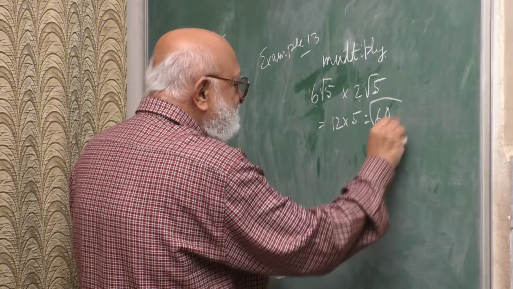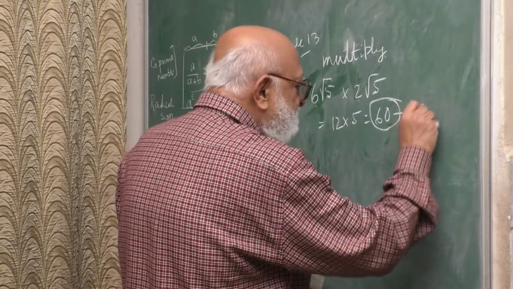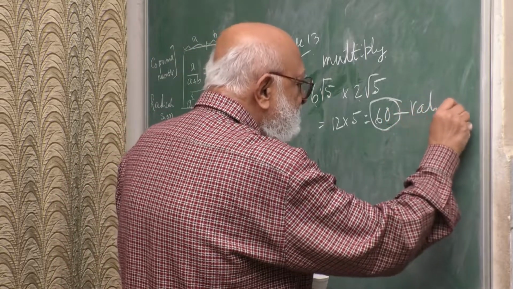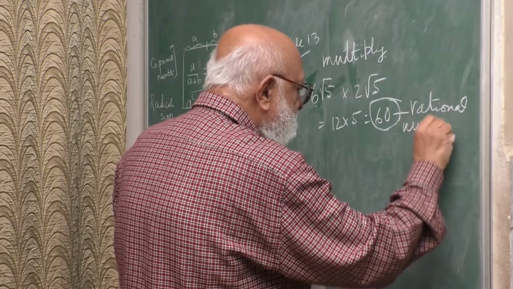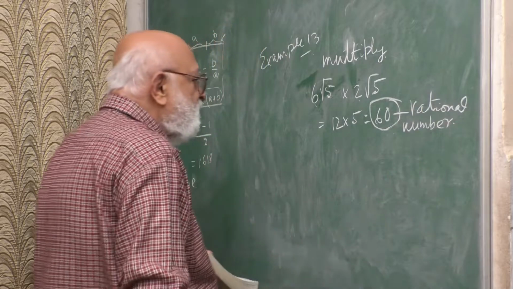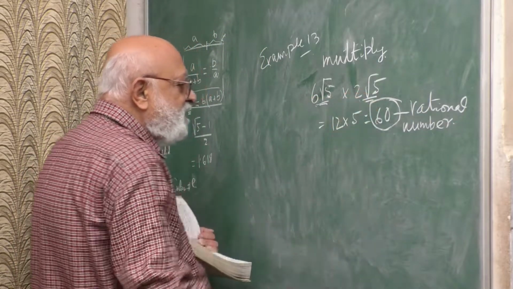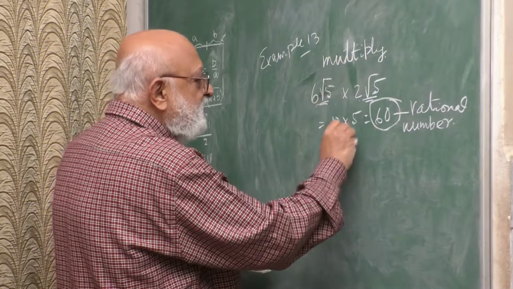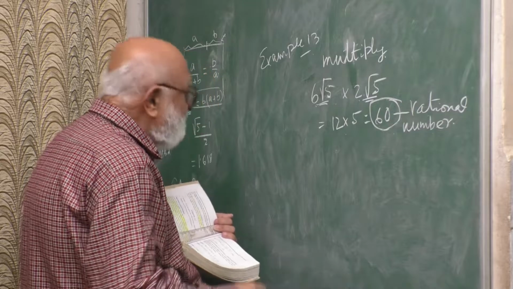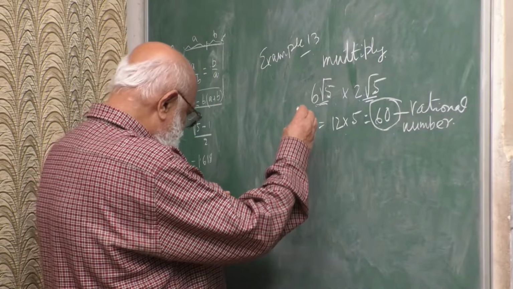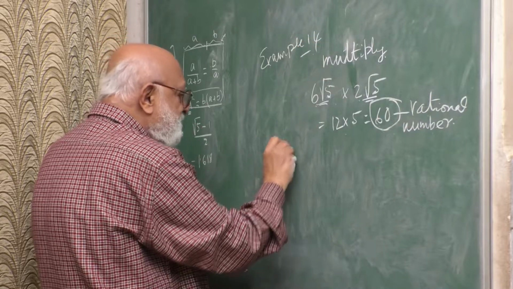Now look at this. This is a rational number, even though these two are irrational numbers. The multiplication of these two gives you a rational number. This was example number 14. Okay, next one is example number